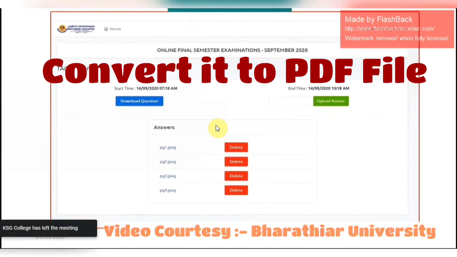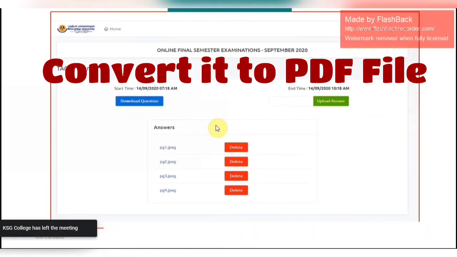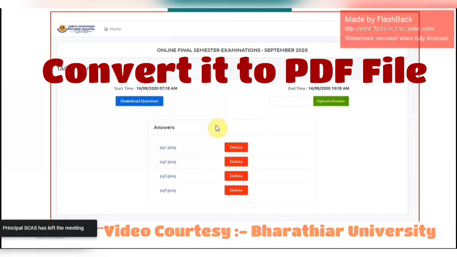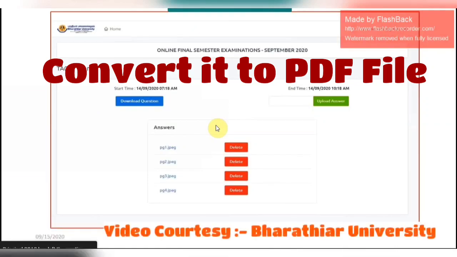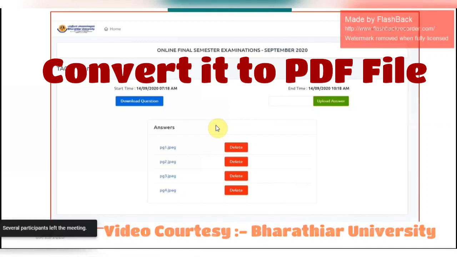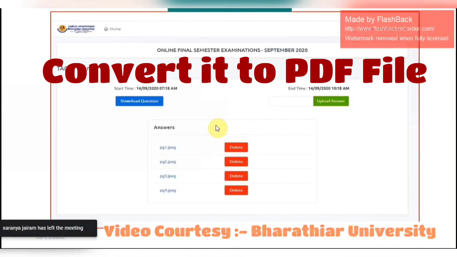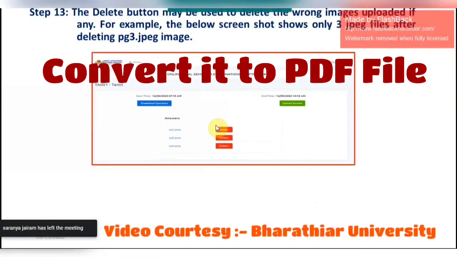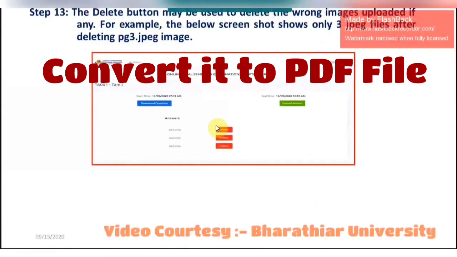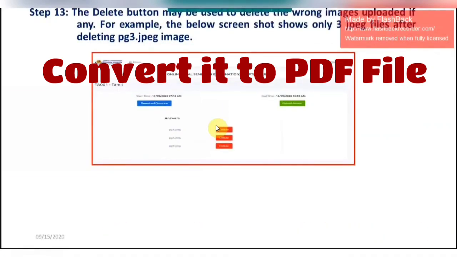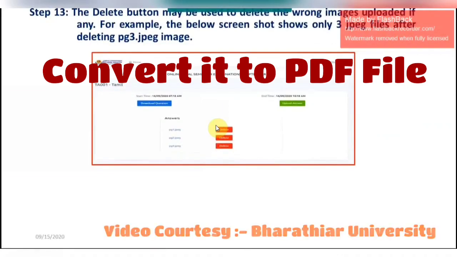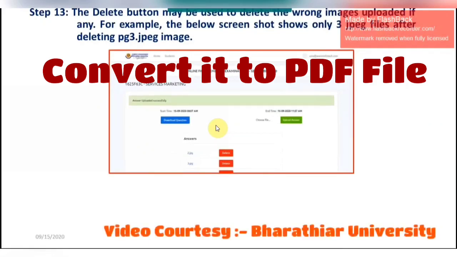Each page captured can be stored like this. If a student by mistake stored a different page, they can delete that particular page and reload it right from the beginning. For example, one page has been removed from this and again reloaded for continuous pages. Once they load all the pages, they can view the answer successfully.